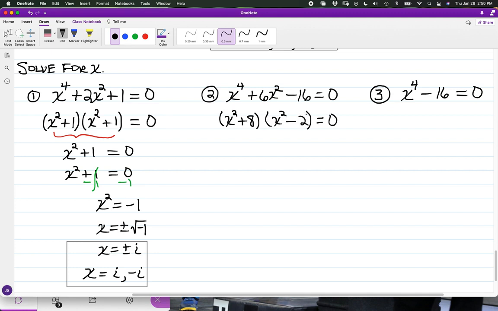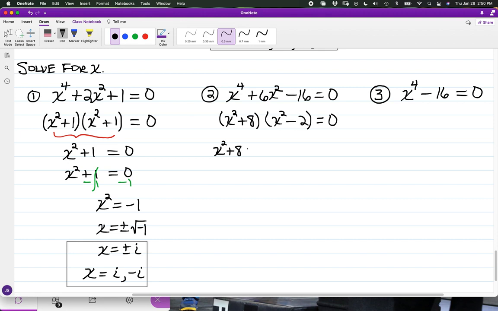Okay, so again, 8 times negative 2 is minus 16. And in terms of adding and subtracting, we have an 8 and a negative 2, where we have that positive 6 left standing. Okay, and if I set each of these factors to 0,